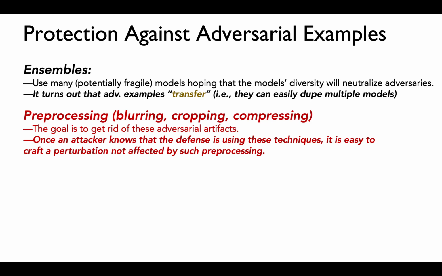But again, the problem here is that, okay, you can use pre-processing to get rid of attacks that people have proposed in the past. But once your pre-processing model is out there in the open, people can design a system to bypass your particular kind of pre-processing. And it is this adaptive adversary that has proven to be very difficult to protect against.